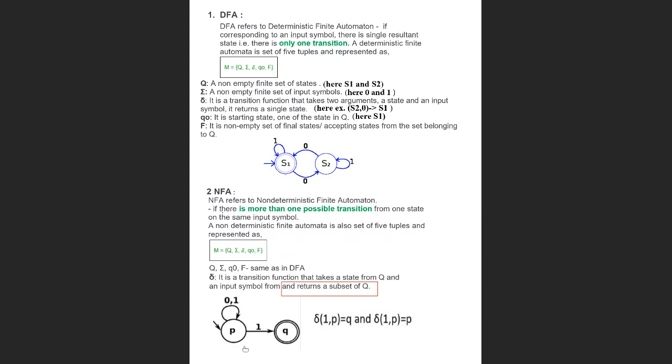Here in this example below, you may see that when we take as an input to this transition function P and 1, the output may be Q, or maybe also back a P state. So this is why we call it non-deterministic finite automaton. We will use both in our modeling of